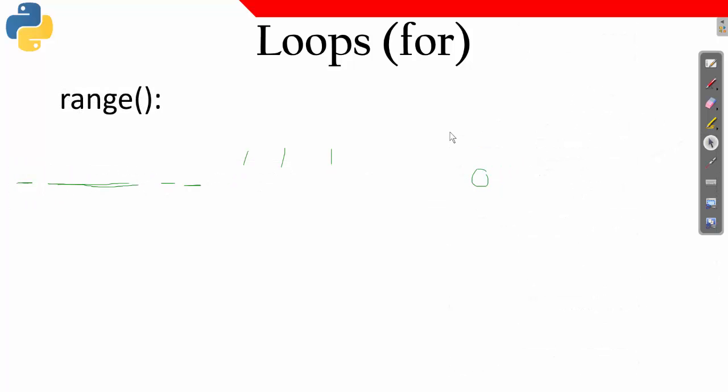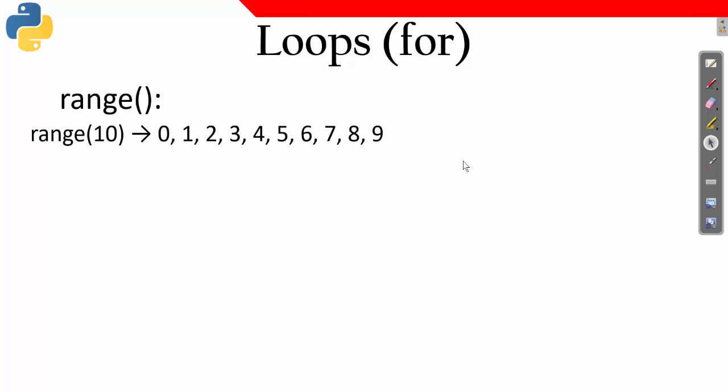Now let us directly go and see the program. Before going to the program, we must understand what a range function is. If I am writing simple range of 10, it will give me data from 0 to 9.